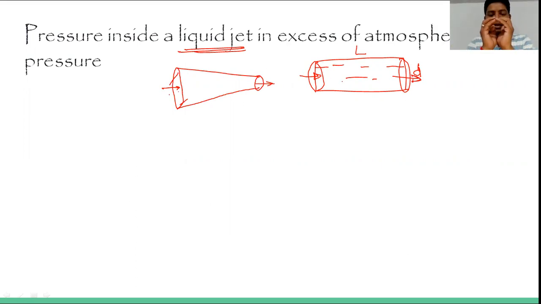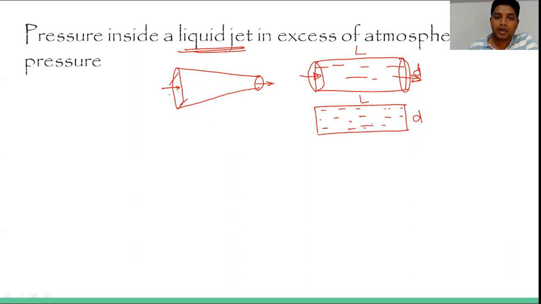So what we are taking is मैं इसको बीच में से कट कर देता हूँ, ये जो क्रॉस सेक्शन है हम इसको assume करते हैं semi liquid jet, आप इसको कह सकते हैं। So if we are taking this cross-sectional area, हम इसको बीच में से कट कर देते हैं। So this is basically the D and this is L. Okay, now जो आपका एयर है और जो आपका लिक्विड है, that is over here, meaning in this region. So what will happen, आप थोड़ा इसको इस तरह से देख लीजिए। So basically the surface tension will be in this direction, okay, and the pressure force by this liquid will be in this direction.